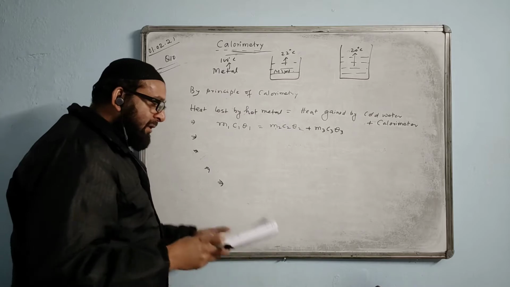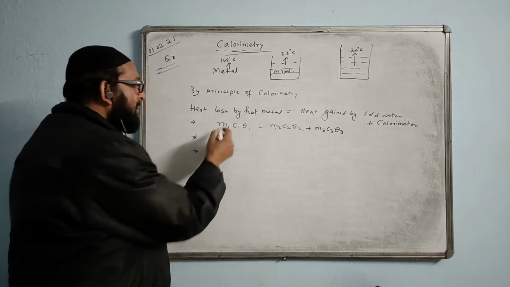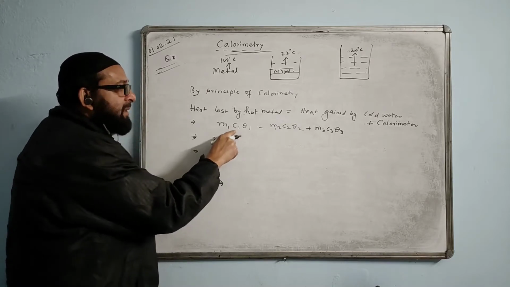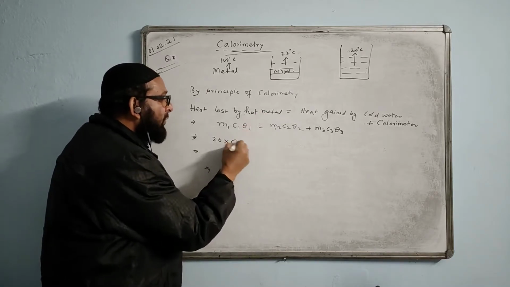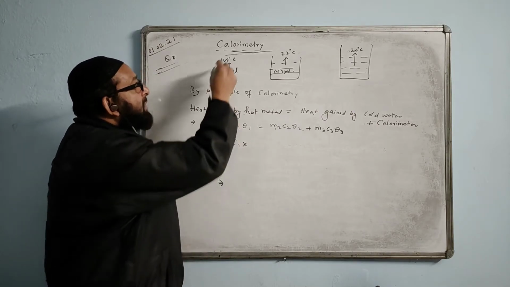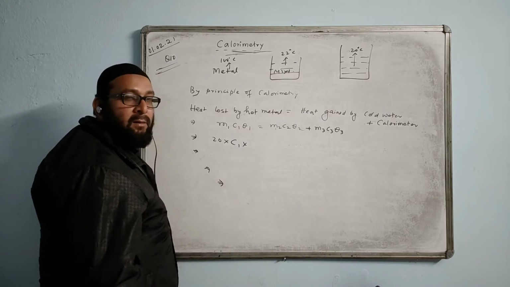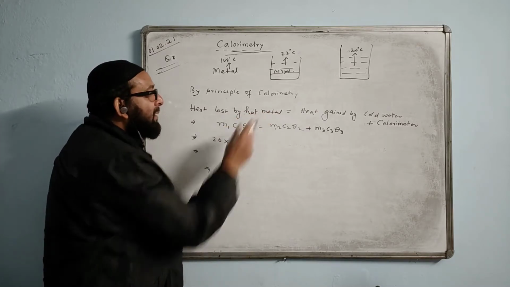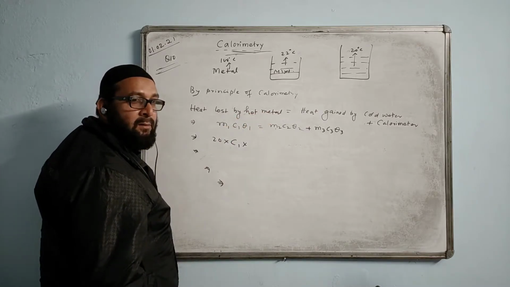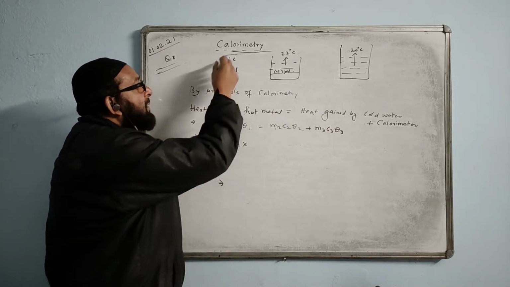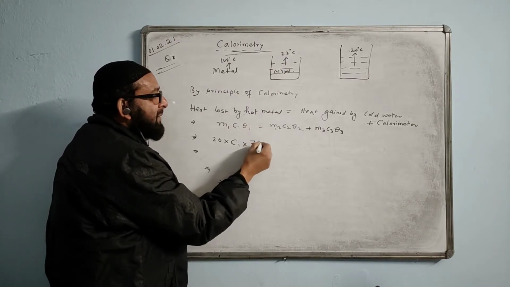Mass of the metal given in the question is 20 gram. So we write 20 gram, C1, specific heat capacity of the metal, unknown, we have to find it, into theta 1, the temperature difference. What is the temperature difference for this hot metal? Tell me. Yeah, 100 minus 22. What is the answer? I write directly 78.